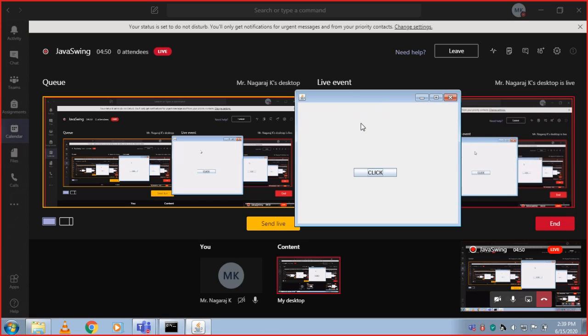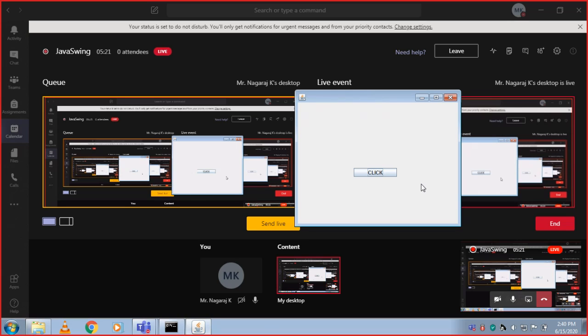Some top level containers like JFrame, this overall pop-up, is called a JFrame, and that is not present in JComponent. JFrame, JApplet, JWindow, JDialog are not present in the JComponent class. Remaining all the components are present in the JComponent class.